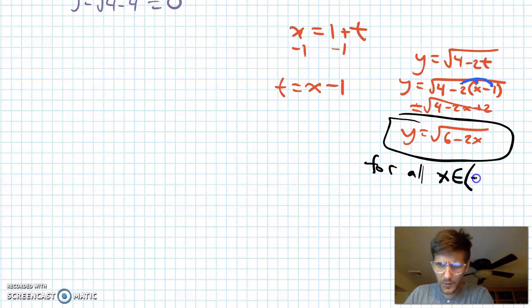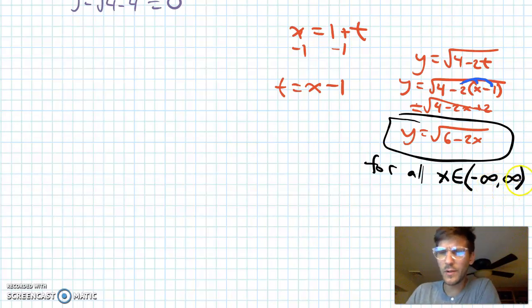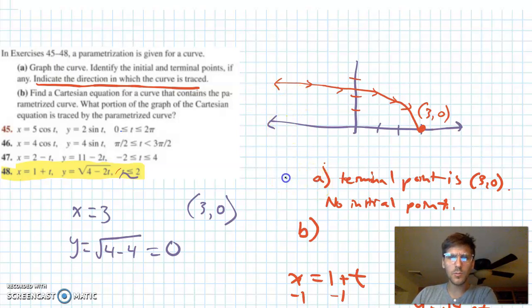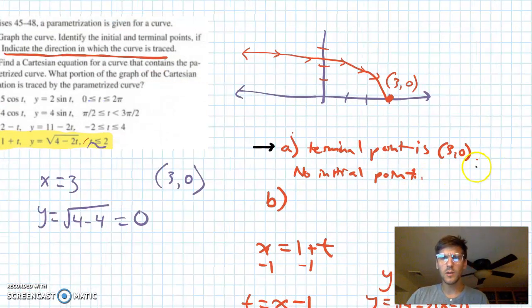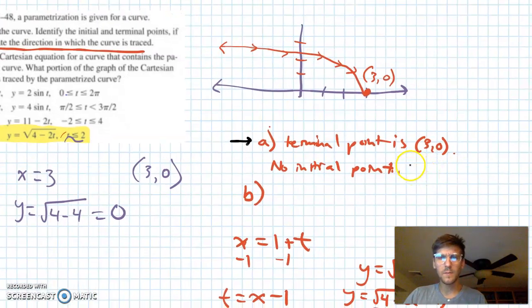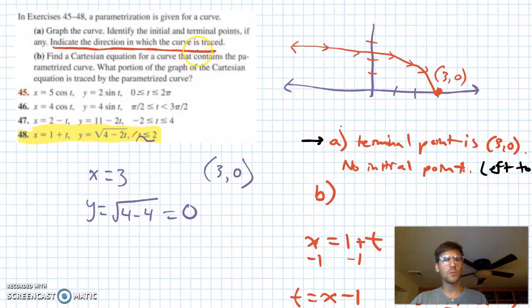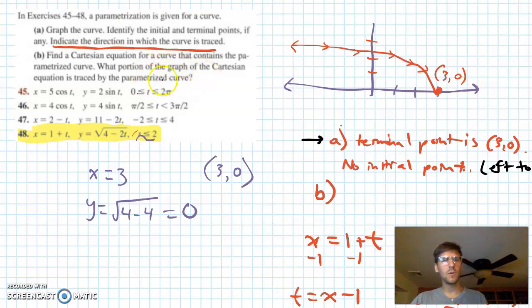I remember when we were talking about infinity, we use the parentheses for interval notation because it's never actually going to include infinity, because infinity is just a concept that it's approaching. So that was number 48. We've got the terminal point. There was no initial point. I didn't say explicitly it's left to right is how we would graph it. And like I said, sometimes you would draw these little arrows to show the direction in which the curve would be traced. And then the Cartesian equation,